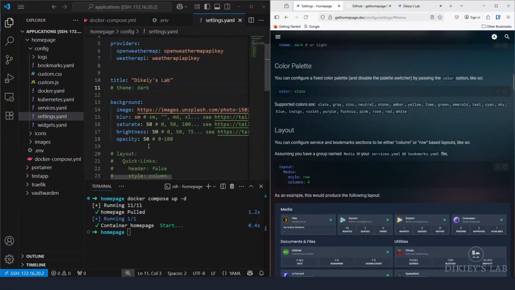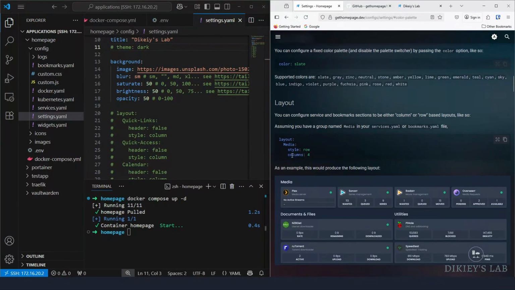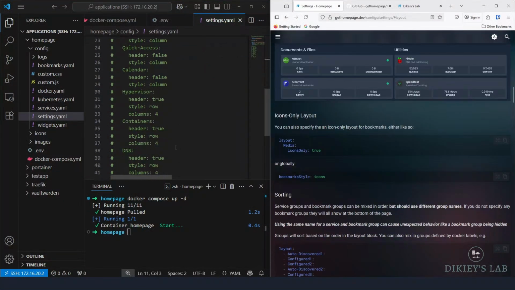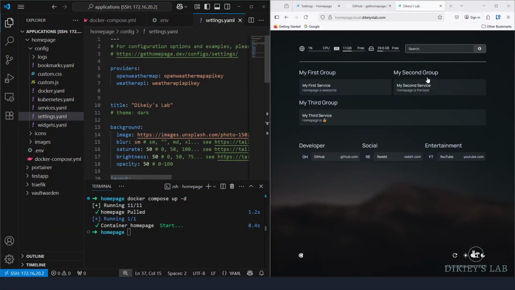Then layout, which is now down here. This is where I'm setting up how the layout will be. For example, this one, they have a layout called media, which is this one, and style is raw as it is, and the columns are 1, 2, 3, 4. You can customize this to fit your case as you like. So in my case, this is what I have. So I'm going to uncomment the whole thing, we will see how that setup looks when we configure the other